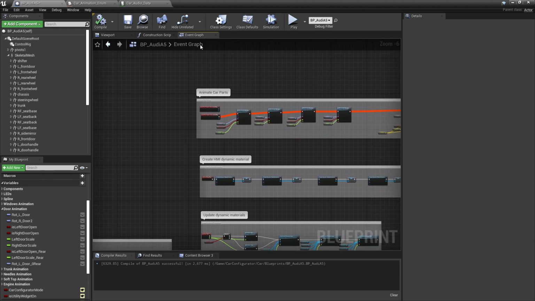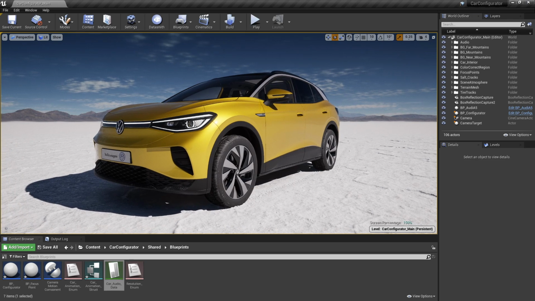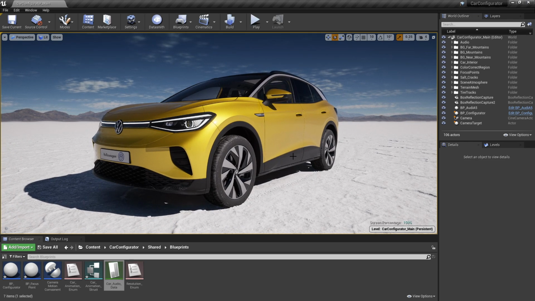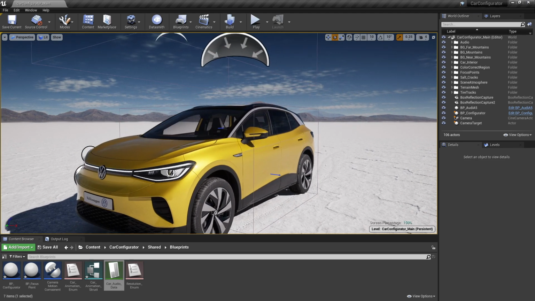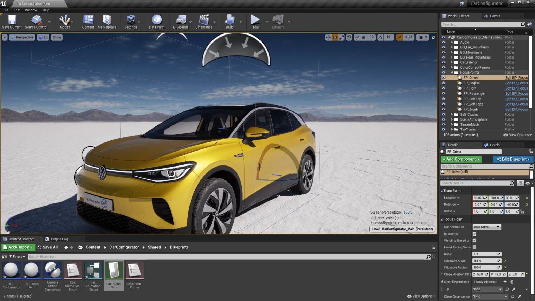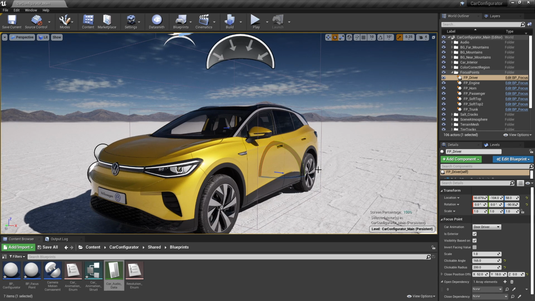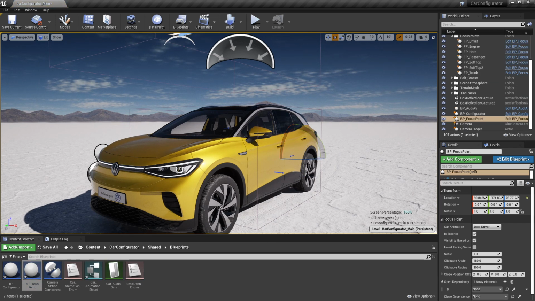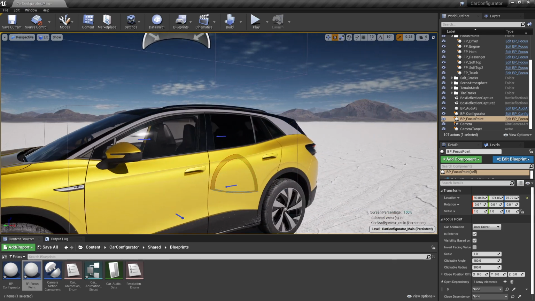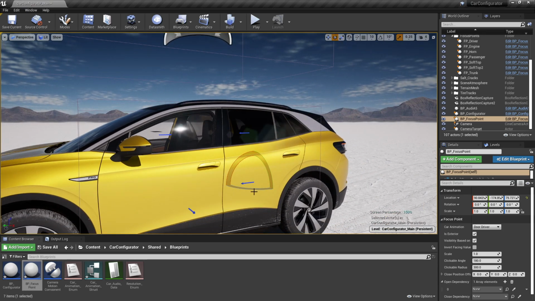So with that done, let's go ahead and jump out to the editor, and let's hit our G key to display everything. So you can see that we've already got a focus point right here. That was done for the driver door. We want to add in another focus point for that rear door, and that actually lives in this same shared blueprints folder. So we're going to drag out the BP focus point, and I'm just going to drop it on the door of the car there, and then we can kind of zoom in on that guy. And the arrow you want to have facing out sort of toward the camera, something sort of like that.